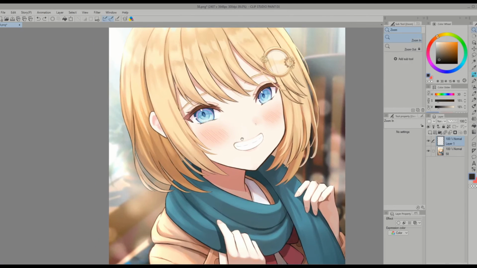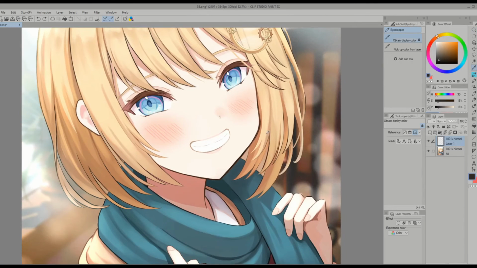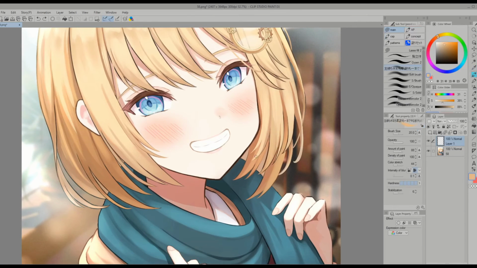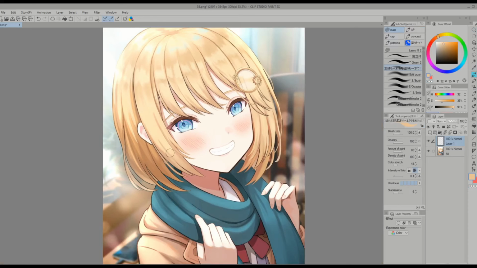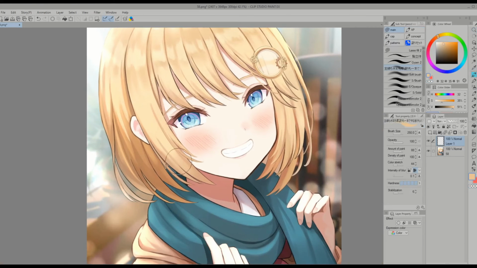Now, let's say I wanted to add a bit more shadows here on the hair. I can just make it a bit bigger and have more of a medium touch to it. If you press hard, of course it's going to become flat, but if you press it just nice and softly, see? Those nice shadows, like so. And if you press really lightly, it can kind of become a gradient. So let's say we want to add more gradients here. Right, just like that. It's a really soft touch and gives a gradient, like so.